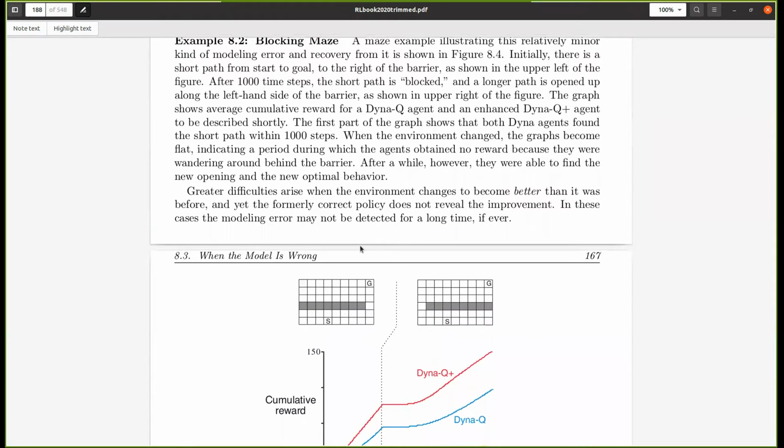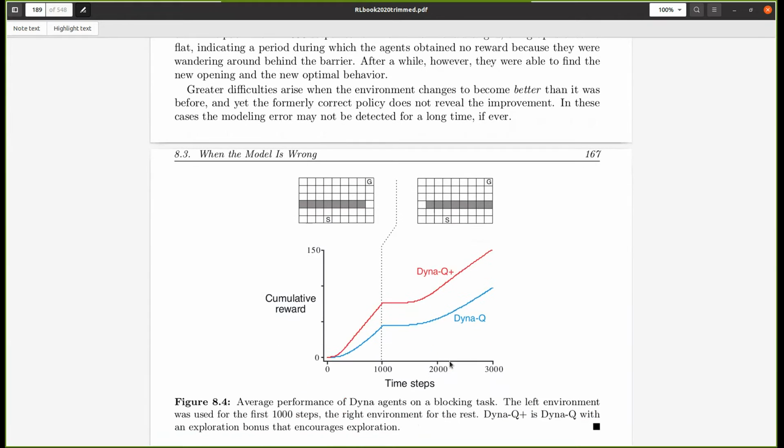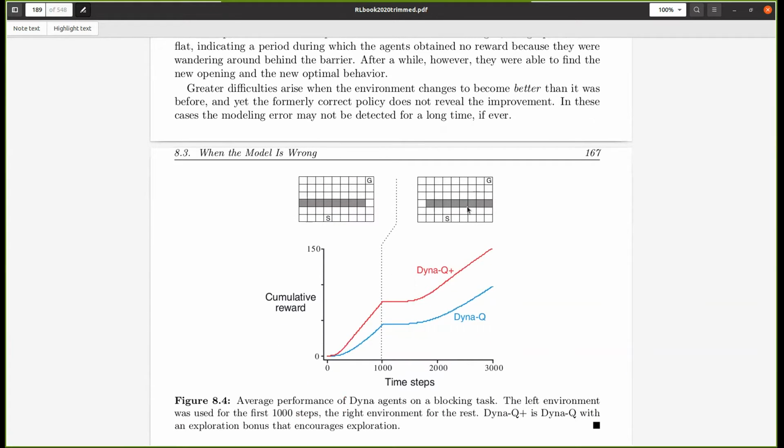So in this problem, we do 1,000 steps in this kind of grid world, and after 1,000 steps, the path changes. So before, we had this shortest path open for us, and after 1,000 steps, the shortest path is closed, and we've got to go around this wall to get to the goal state. And in this kind of problem here,